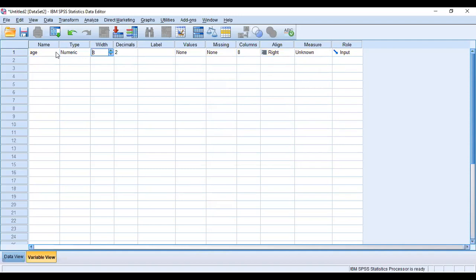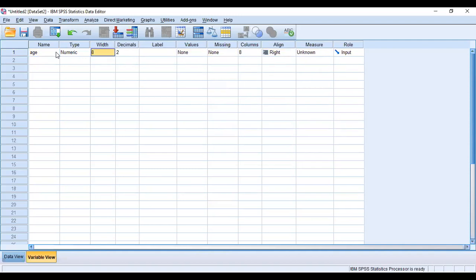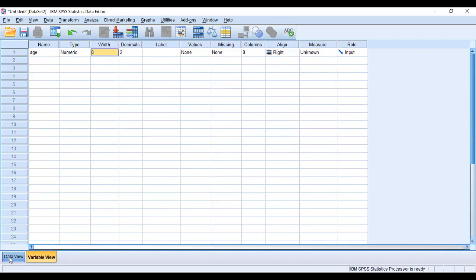Width is nothing but the width of the column in your data view. It will be a little bit clearer. We do not need any decimal in our age, so decimal is 0. Then there is label. Here, we don't really have any label for age, or maybe you can write age in years.